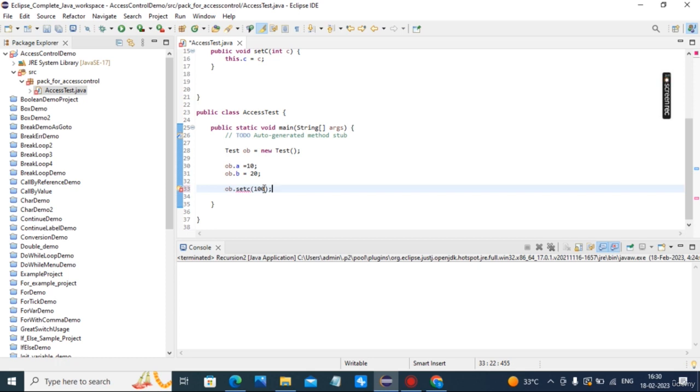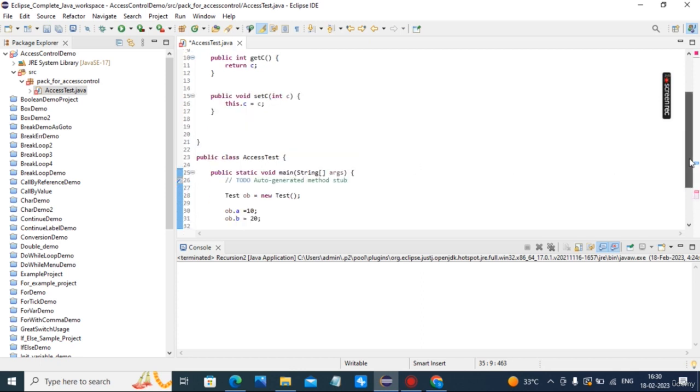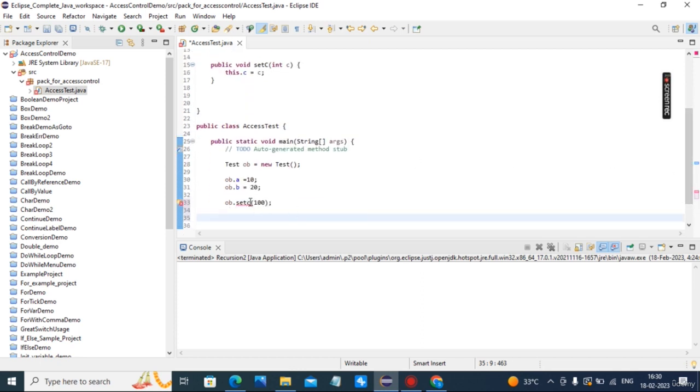And print the three values. setC, c is capital here.